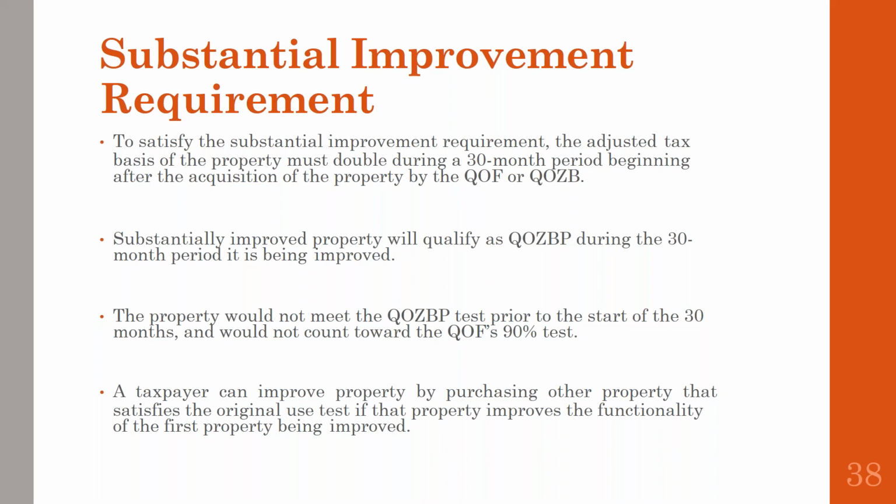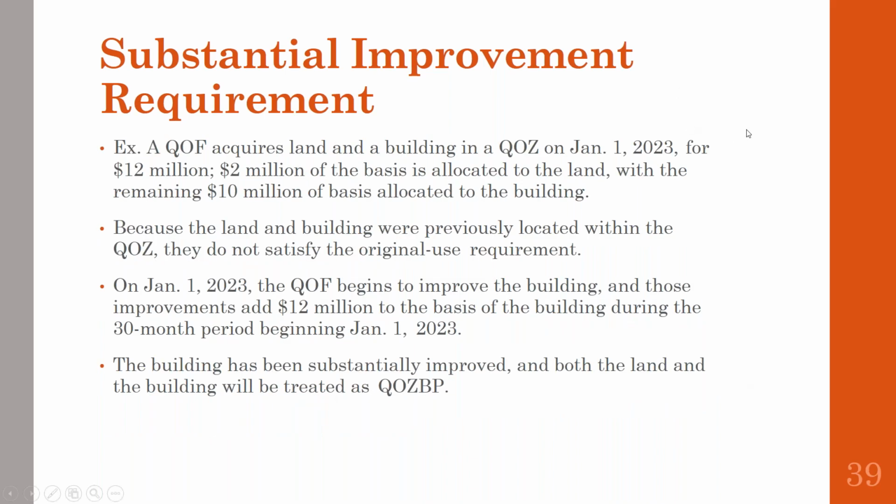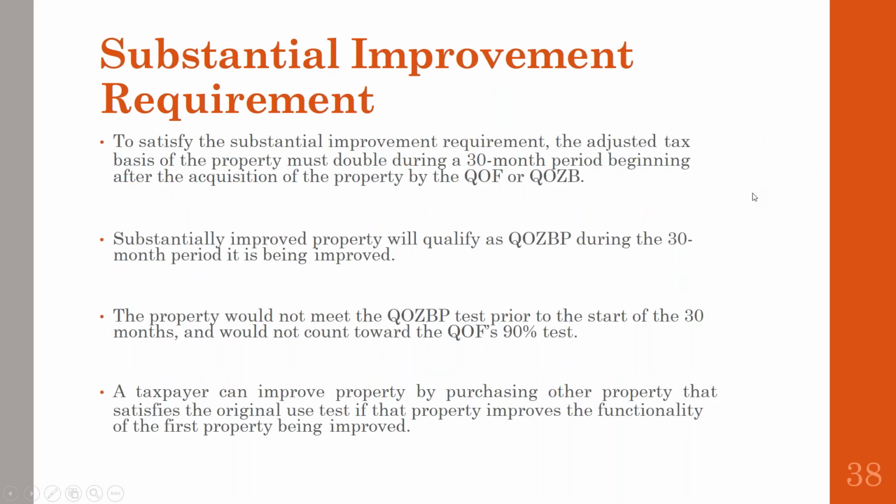During the 30-month period that it is being improved, it does qualify as that QOZB property. So it gets you towards that 90% limitation while it is being improved. And then you can improve the property also, and this is unique, by purchasing property that improves the functionality of the first property. In the sense, if I buy other original use property and I install it, it increases the functionality. That's going to substantially increase the functionality of that non-original use property. So it is an area just to make sure you're familiar with and that you're able to explain to your